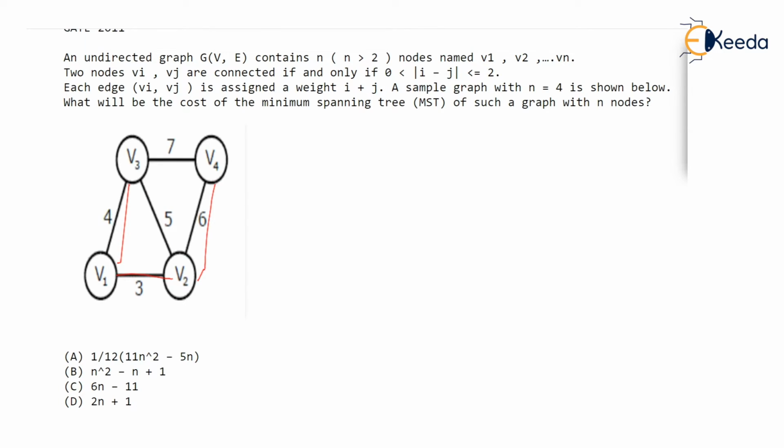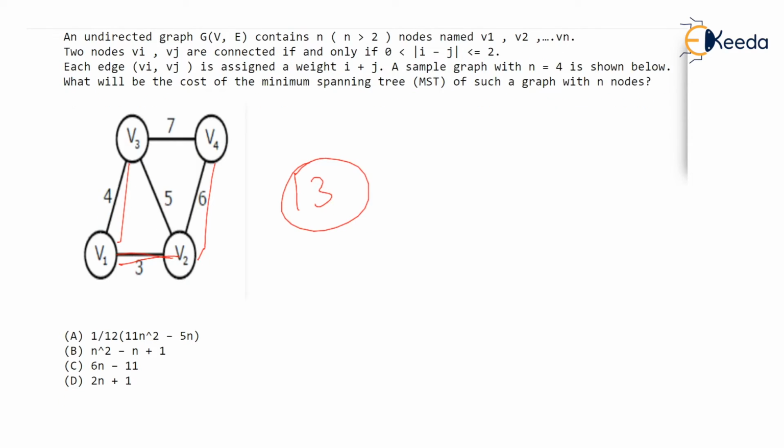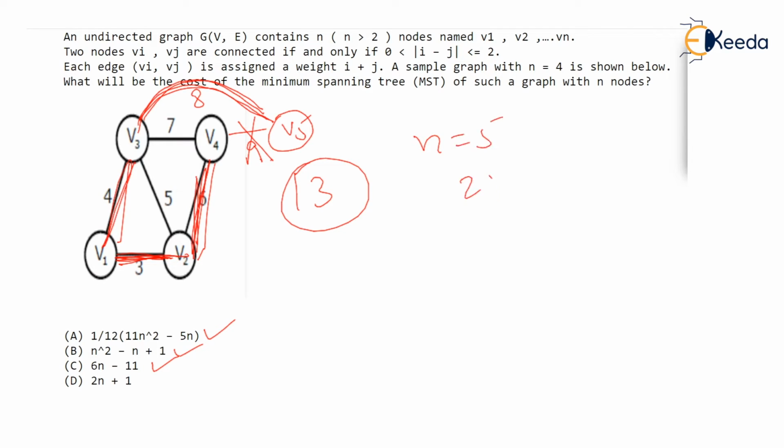And then you fit in the formula here with n equal to 4, because you are having 4 vertices. You will see A, B, C, all 3 options are valid. But don't be afraid, because by adding only one vertex, you are going to get extra 2 edges, which will be weight 9 and weight 8. And you know that this cannot be added in the tree. With this edge shown, and this edge shown, now only one more edge can be added. So you can easily get the new cost when n is 5, then the cost is 21, and with 21 only option B fits, so B is valid.